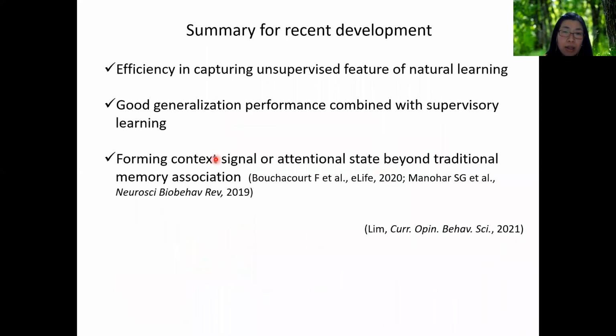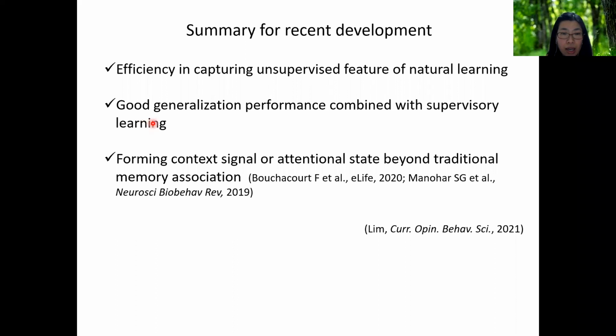Despite the recent progress in machine-learning-inspired work indicating the effectiveness of a supervised signal, this recent work suggests the efficiency of unsupervised Hebbian learning in capturing this unsupervised feature of natural learning, and it might not be inferior to totally supervised learning when combined with supervised learning.